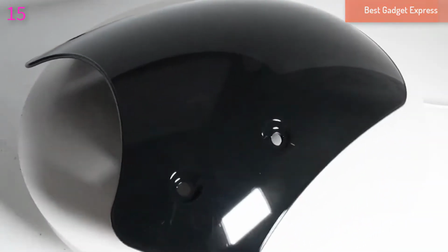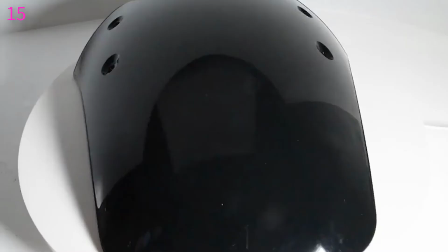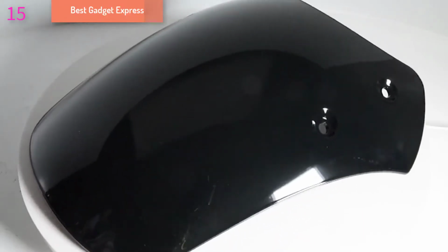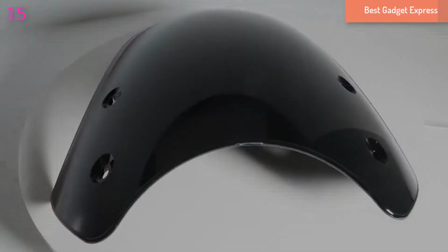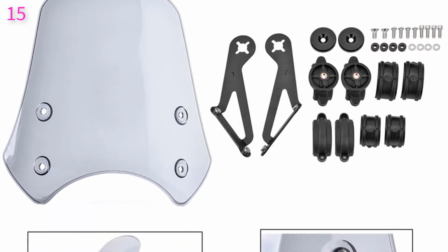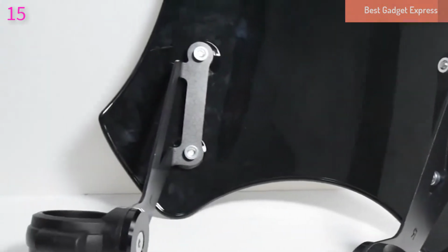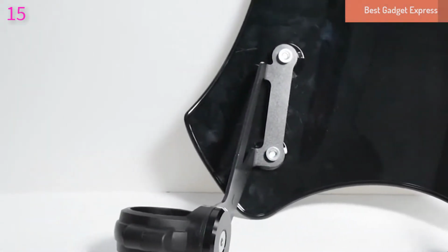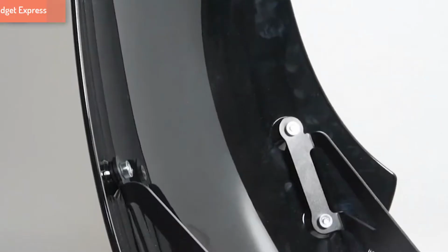Number 15. Windscreen Windshield for Harley FXST Softail 0511 FXST B0009 FXST C0710 FXST D0107 Blackline 1113 FXD B0619 FXDL 9618. Features of this product: 1. Improve the aerodynamics of your motorcycle and deflect more wind to provide a relaxing and safe ride for the driver. 2. Enhancing the design of your motorcycle. 3. Aftermarket parts for modify use. 4. Easy to install, without instructions. Specific conditions: 100% brand new material, ABS plastic placement on vehicle, front transparency black/smoke,